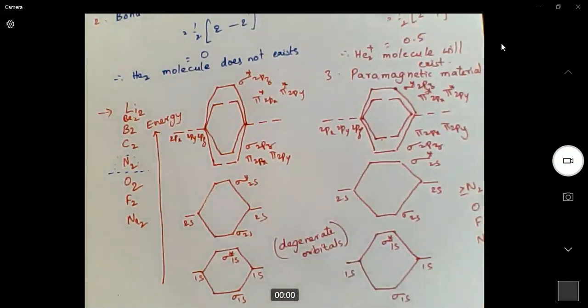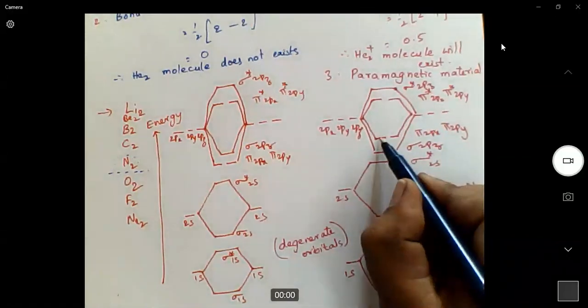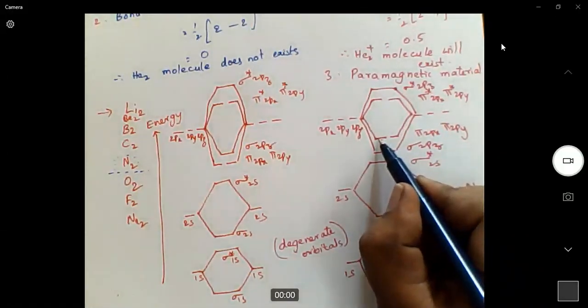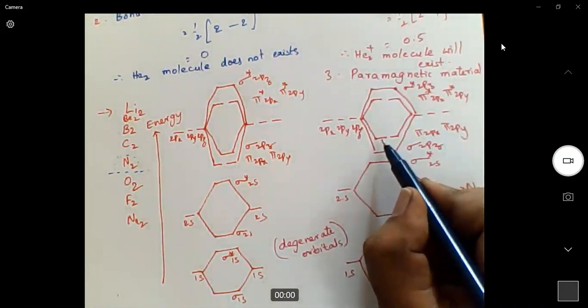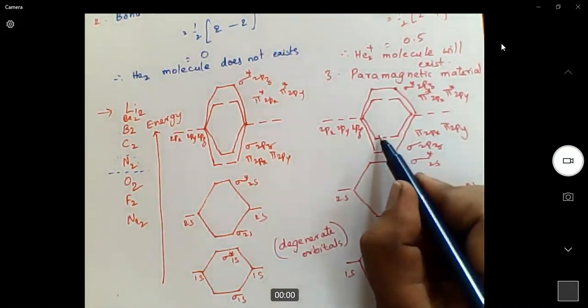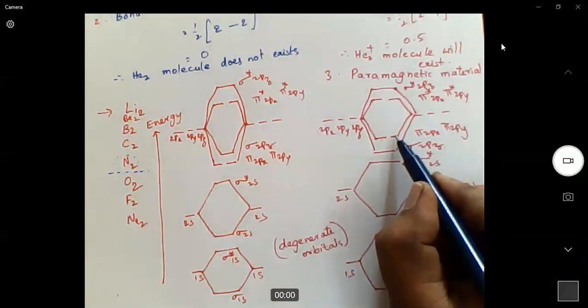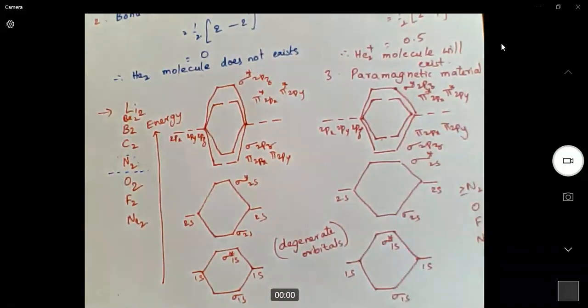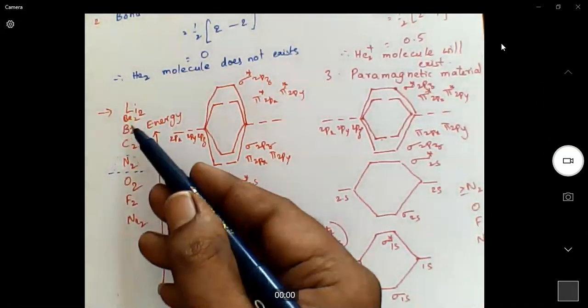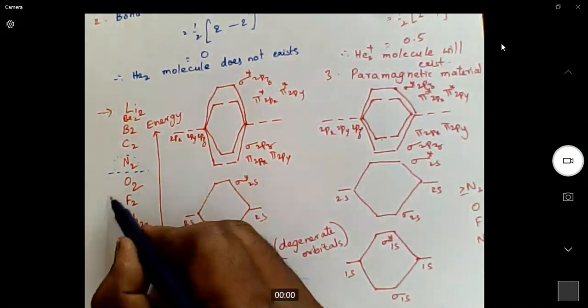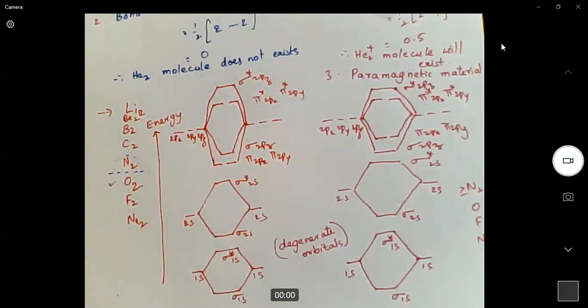When we have degenerate orbitals, remember, we cannot fill two electrons here first. We need to half fill them. So we will place one electron here. If you have one more, we will place one more electron in the next orbital. I'll take one example and explain. So please practice for these molecules. I will explain O2. I'll take O2 as an example and explain it.